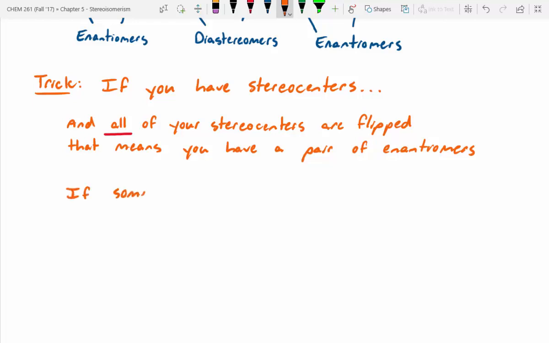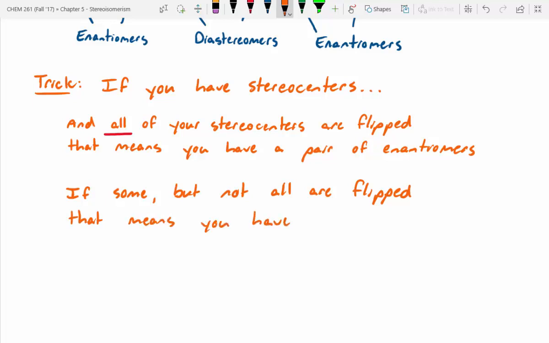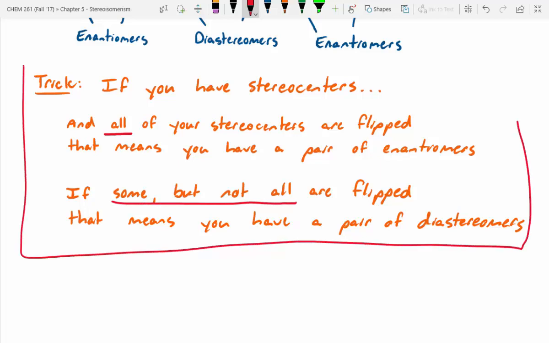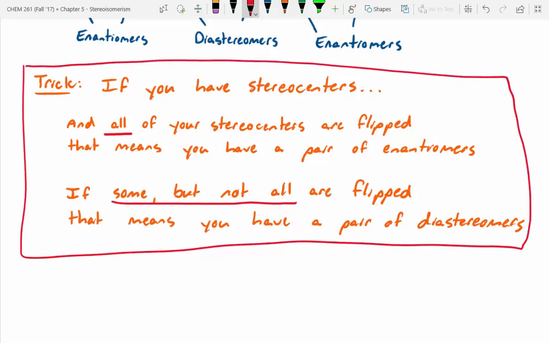If some, but not all, are flipped, that means you have diastereomers. So the key word again is not all, just some are flipped. So this is a really helpful trick, especially with students that have trouble imagining things in 3 dimensions